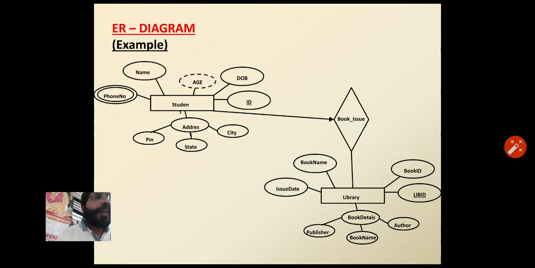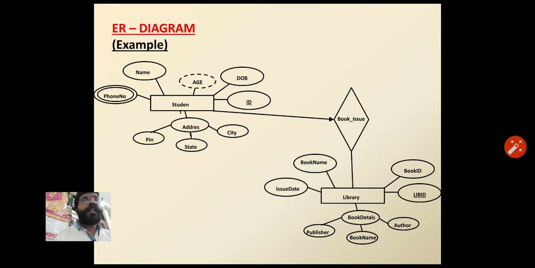Here we can see that an arrow indicates one, and without an arrow is many. That means this model is a one to many relation. That means a student can be issued more than one book. So, this is a one to many relationship.